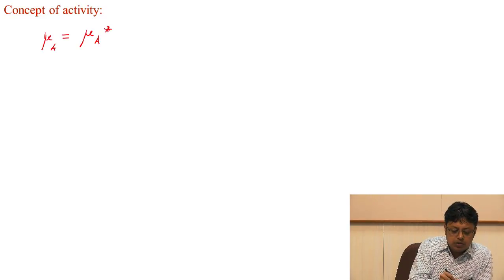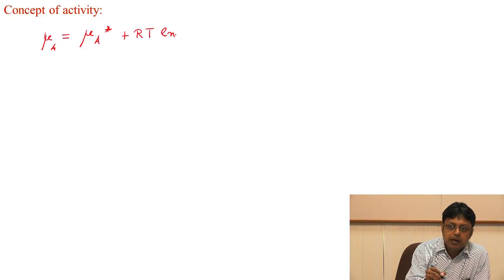Now remember, in Raoult's law we wrote the chemical potential as mu A star, where mu A is the chemical potential of any component A, and we wrote the star notation to designate that it is in the pure state, like a pure solvent, say for example, pure water. And then of course there was a deviation from Raoult's law, and we wrote it as RT ln PA by P0. That's a correct equation, but that PA by P0 we wrote it to be equivalent to the mole fraction,